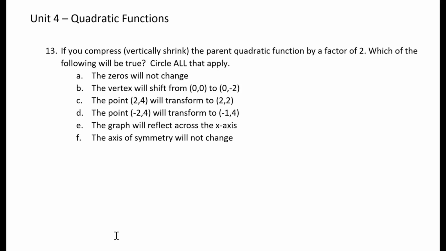Okay, 13 says if we compress or vertically shrink the parent quadratic function by a factor of 2, which of the following will be true? All right, well, let's just do a little work here. So we have f of x equals x squared, and then the shrunk version of that, which is a is 1 over 2 because it's a shrink. So 1/2 x squared. So if we draw ourselves a little sketch here,